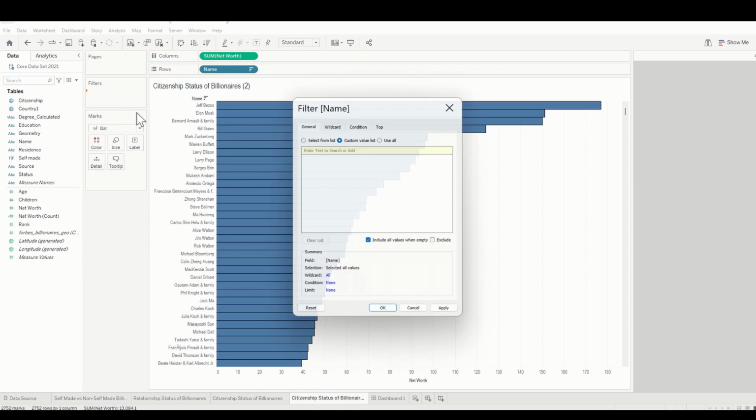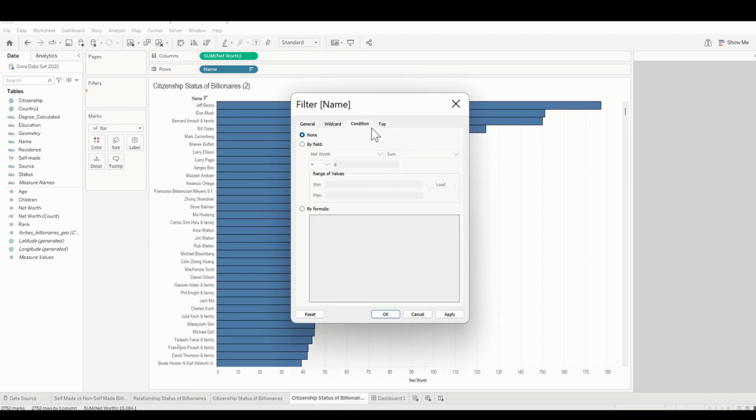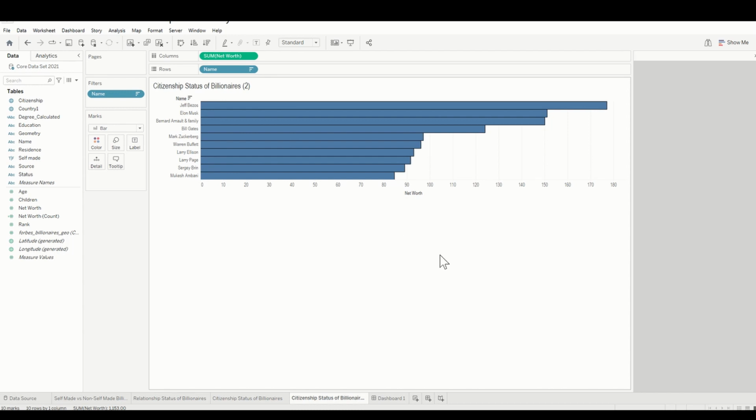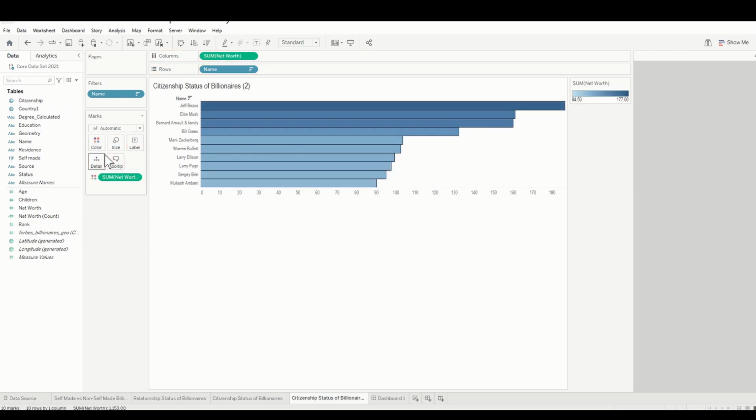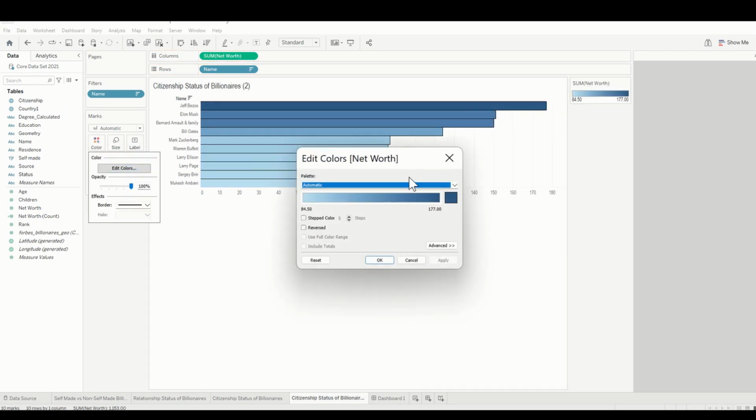What I'm also going to do is filter the names. Let's do top 10, net worth, sum, apply. Okay, so now I've got only the top 10 folks who are here. But I'm also going to do another thing, which is firstly add a color. So let's take the net worth, add the color here. Let's color this, change it to the